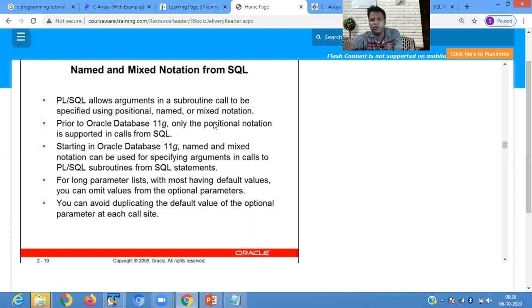Subroutine means it may be a procedure or a function. In these three ways you call the function or procedure, by giving a positional value, a named notation, or a mixed notation. Prior to Oracle Database 11g, only the positional notation is supported in calls from SQL. Starting from Oracle Database 11g, named and mixed notation is supported.